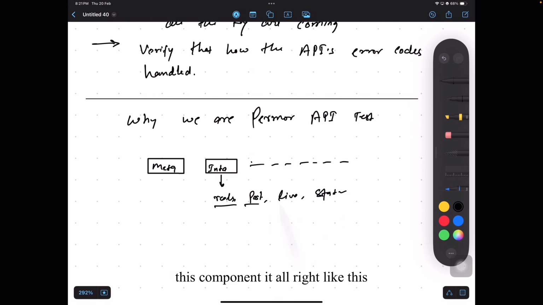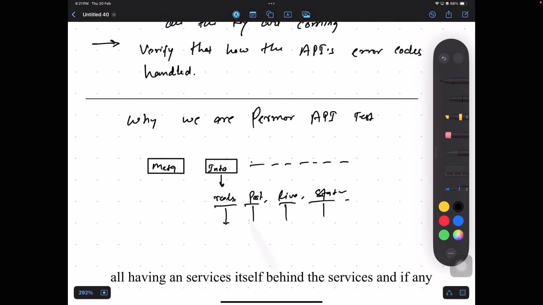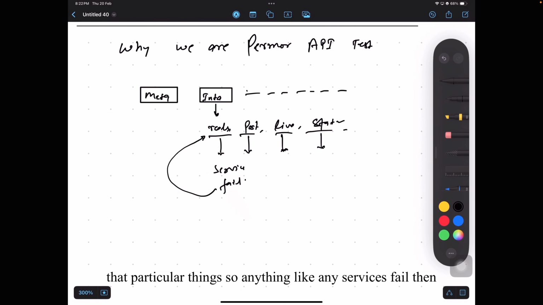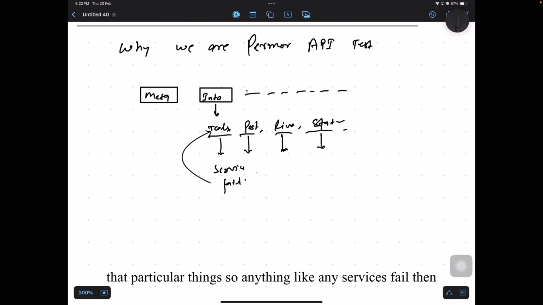So whatever this component is, it all has services behind it. And if any service fails, it means you cannot use that particular thing. So if any service fails, then you will not be able to do that. Then the system fails. And right now the internet uses millions of APIs, and they should be tested thoroughly,